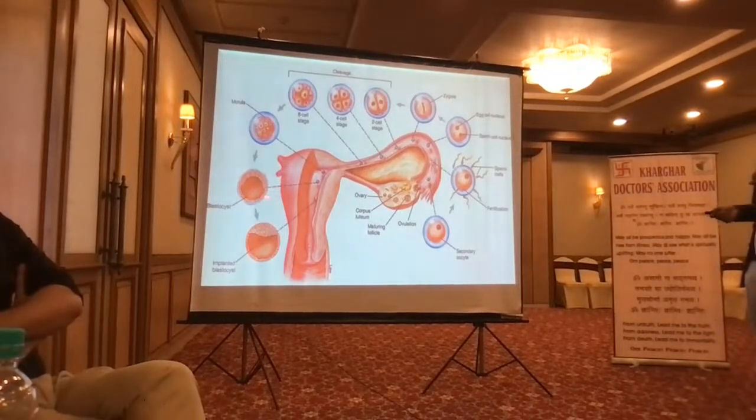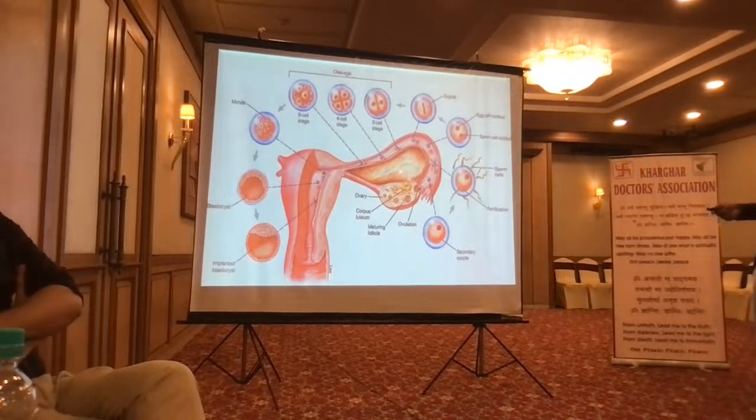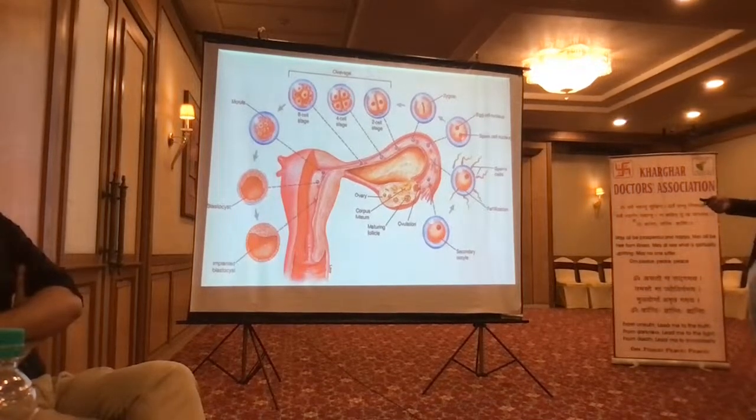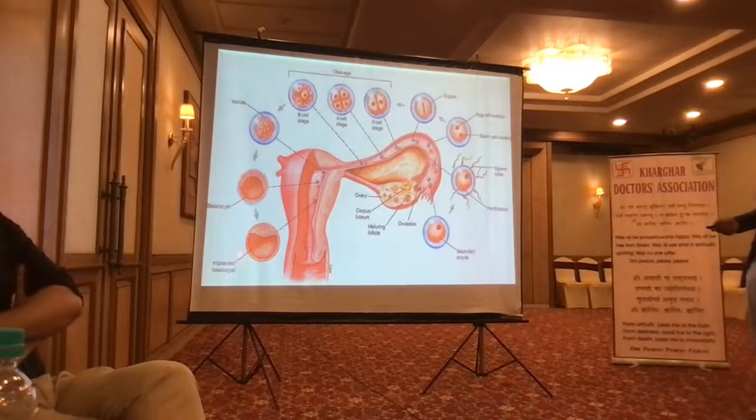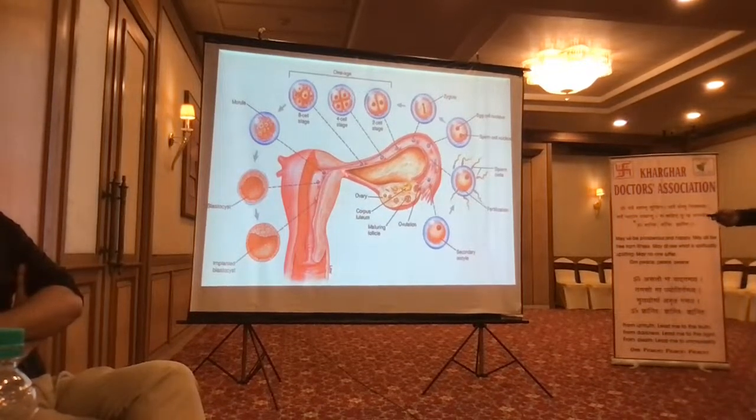So then again coming to the physiology. So the ovary, the ovulation will release the egg. Then the egg is fertilized. Then this is the 2PN stage. Zygote is formed, then the 2-cell stage, 4-cell stage, 8-cell, morula, blastocyst, and finally the blastocyst is getting implanted inside